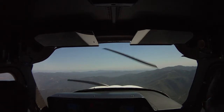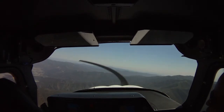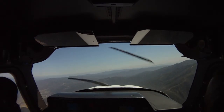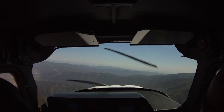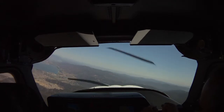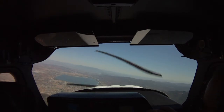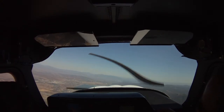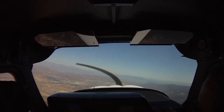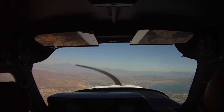Okay, let's do a left turn back up towards the northeast. So lift the wing slightly and look for traffic before you turn. And once you see that you don't have anybody right there, go ahead and start your turn. Every time you make a turn, the nose will tend to want to drop a little bit, so you always have to make small corrections on the pitch as you turn. So get into about 20 or 30 degrees of bank. Each line is 10, so you've got 10, 20, 30. And then the little one between the 60 and 30 is 45. Obviously, there's no tape